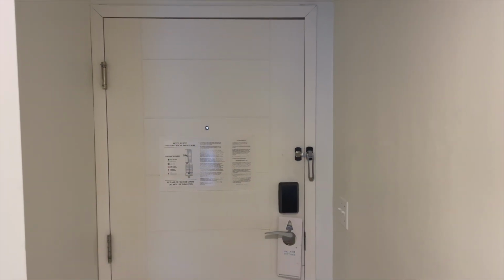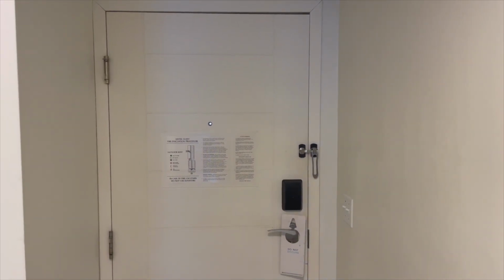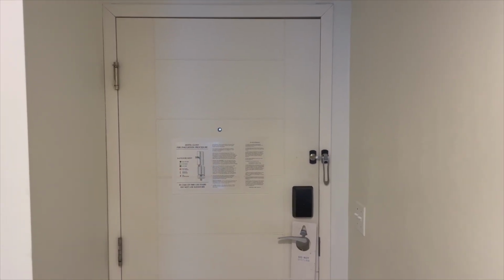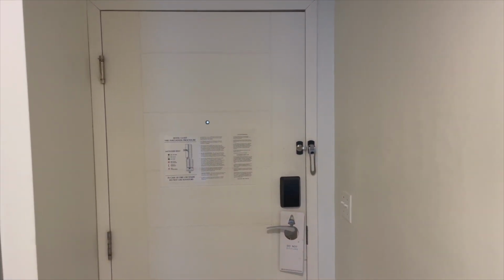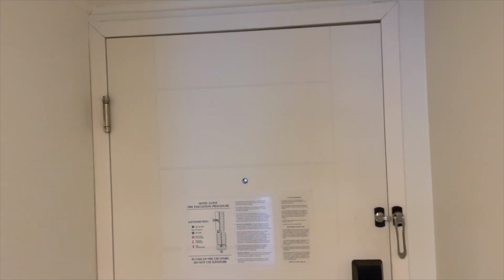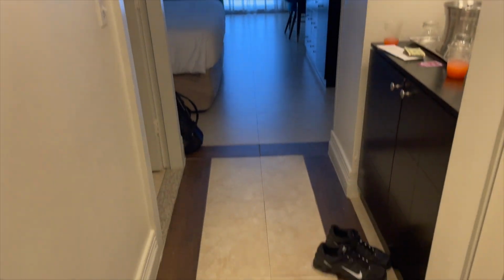So we literally walked into the oceanfront king of the Hilton Rose Hall in Montego Bay about 10 seconds ago. The bellman dropped off our luggage, we tipped him and he's out, so you're really getting the fresh thoughts of the layout. It's a smaller room, which is expected. We are on the 3rd floor, has a closet, we haven't unpacked yet, so